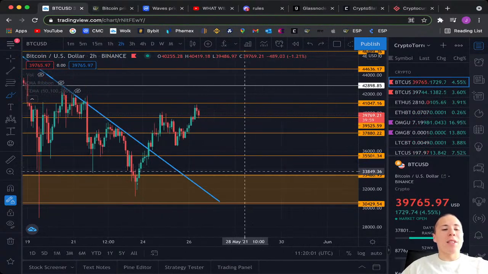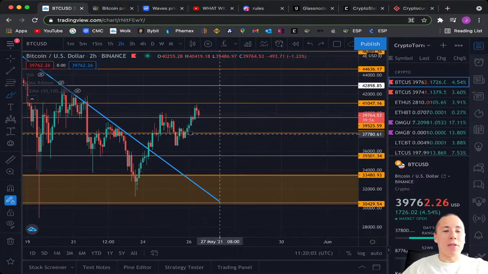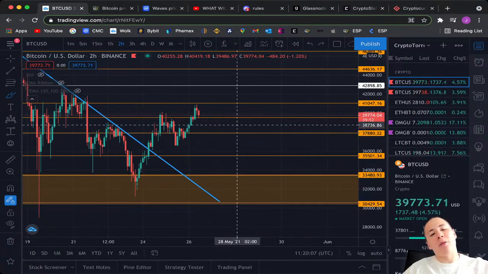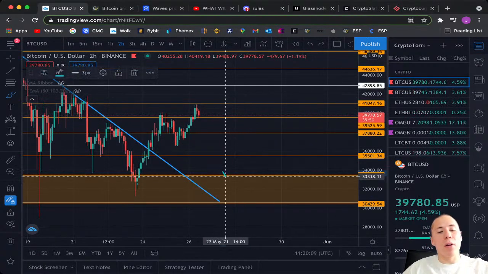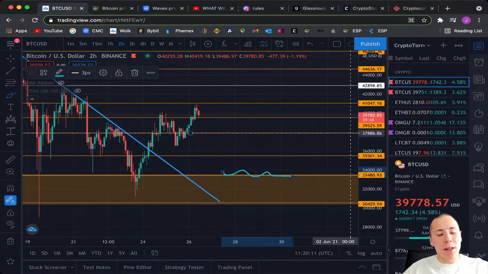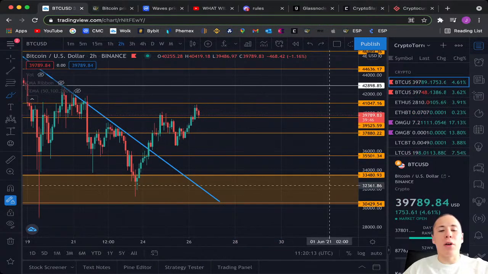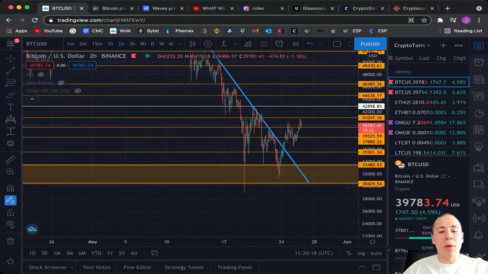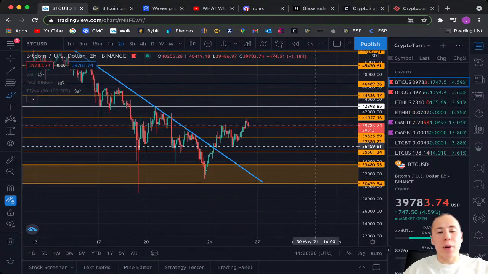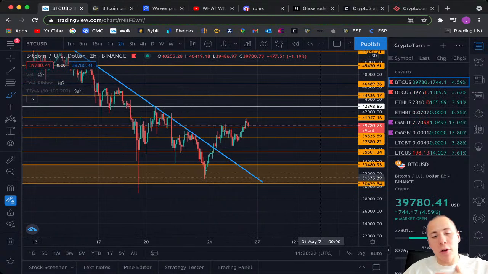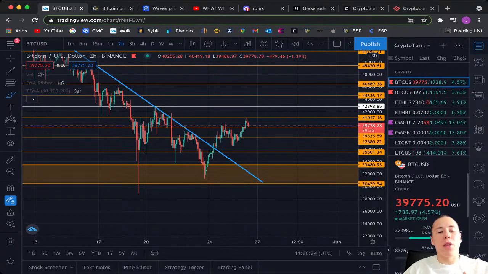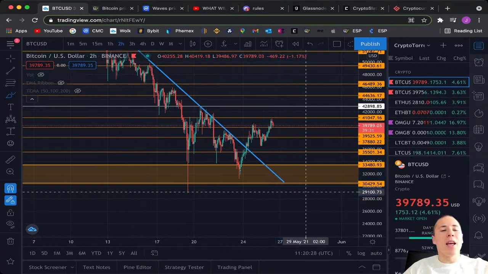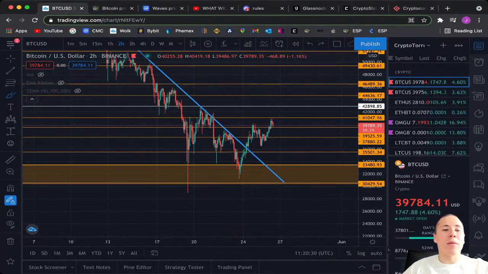And as I said before, this orange box over here is a key level of support and resistance. So I think that if Bitcoin breaks out towards the downside, we will be holding on top of this level, approximately above the $33,480. And for sure it could be breaking out even further down, but it won't be breaking out, of course, that's my personal opinion, below the $30,429 if it breaks out towards the downside, especially because if we take a look at the past,